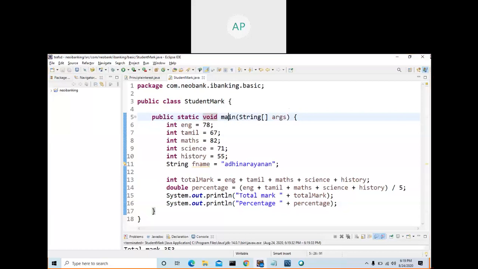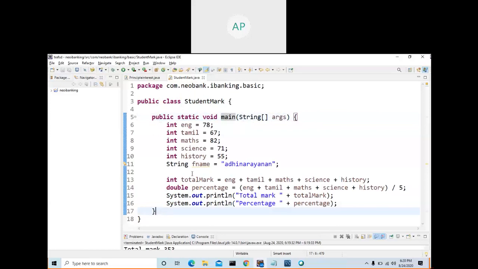So this is the method name. Method name can be anything, and main can be anything. I will let you know what main is. And this is called an argument. You will come to know about what this is. As of now, leave it. So as of now, this is the class, and you have a method, and the method starts here and ends here.